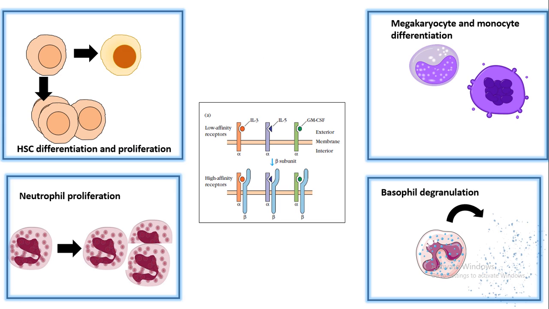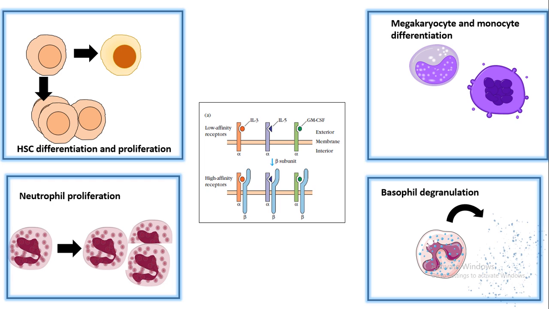Other family members include G-CSF, GM-CSF, and IL-3, IL-5, etc. So they also have 2 different configurations. One is a low affinity receptor configuration, another is a high affinity receptor configuration. Why do they have both sorts of receptor? It's still unclear. But whatever the reason may be, the overall functionality of the hematopoietin family of cytokines is,